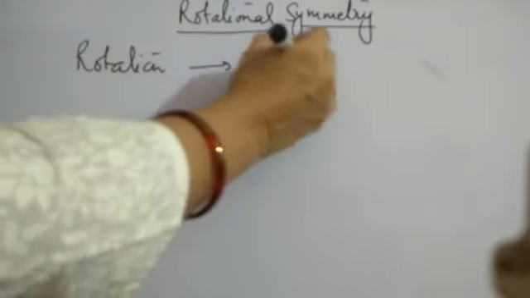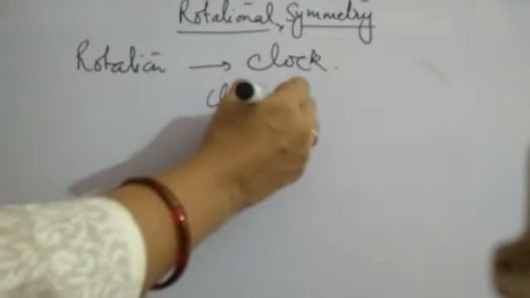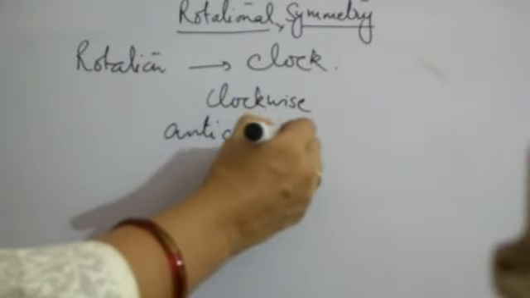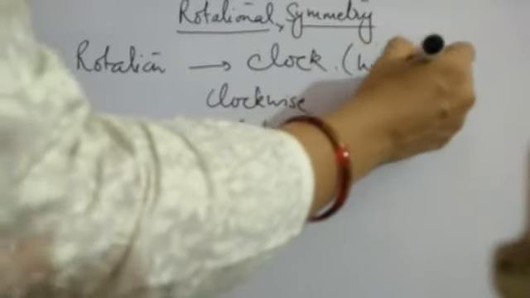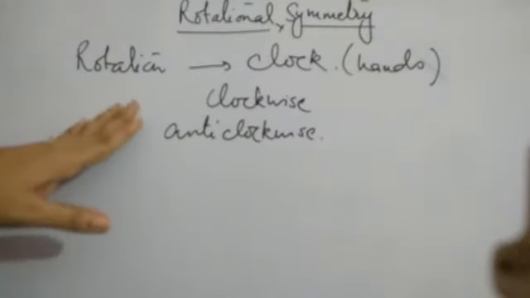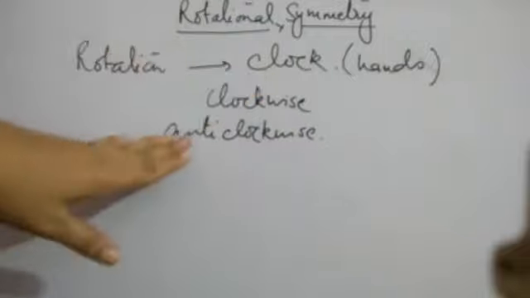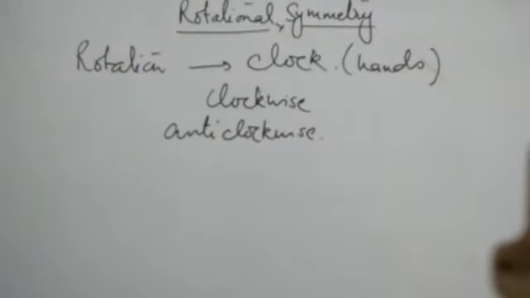You must have seen the clock, right? Rotation is the movement like the hands of the clock. The rotations are of two types. It may be clockwise, like the hands of the clock, and it may be anti-clockwise. Okay, so this is what is known as rotation. This is simply told to help you understand what rotation is and how it looks. It is like the movement of the hands of the clock. It may be clockwise or anti-clockwise, right?